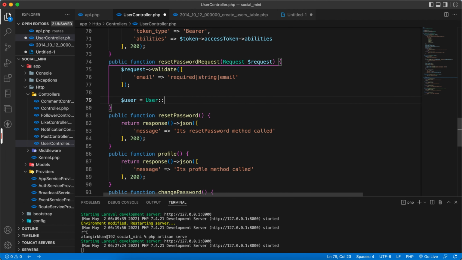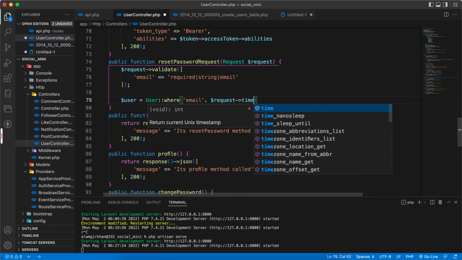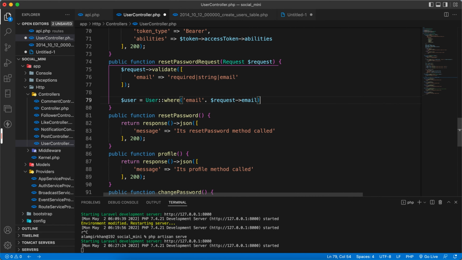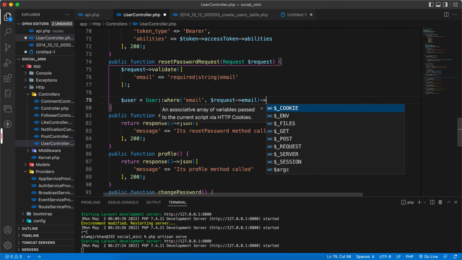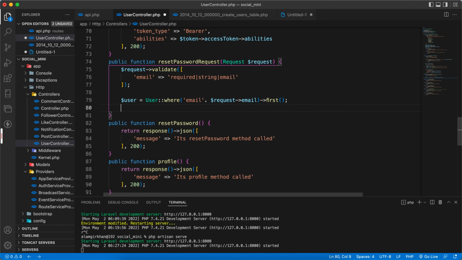Okay, so now once we have the email, then we have to find the user inside the user table, where email is the request of email, and if not user,